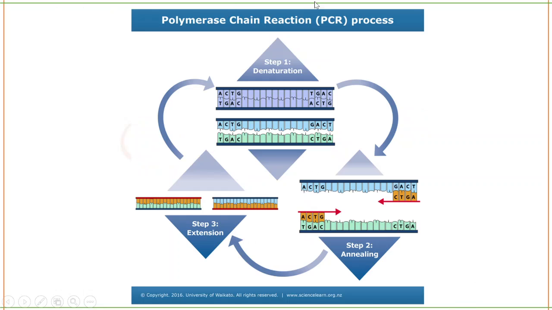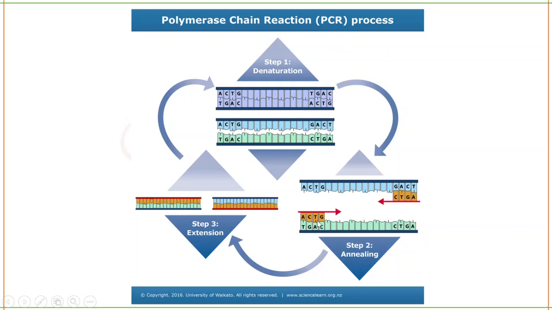So this is the summary of all of your steps in the polymerase chain reaction. First step is denaturation, double stranded DNA. You can see here double stranded DNA is getting separated into single stranded DNA. The hydrogen bonds in between are broken. Now primers will be added. That is the annealing step. DNA polymerase, Taq polymerase, will come and bind, and extension. It will extend the newly synthesizing strand.